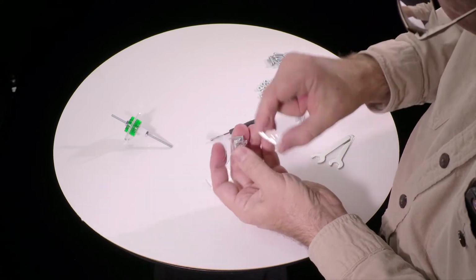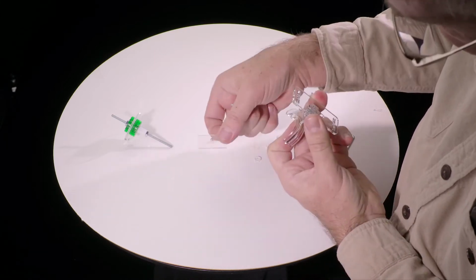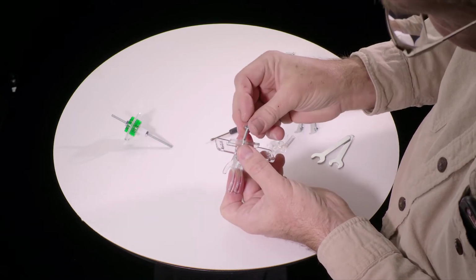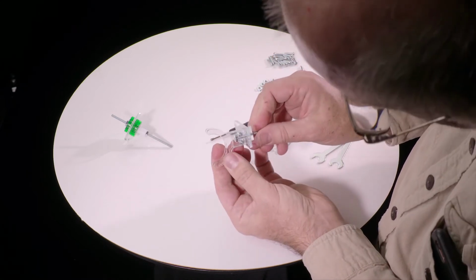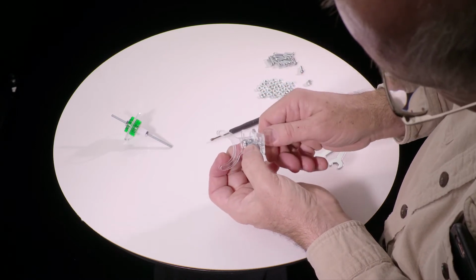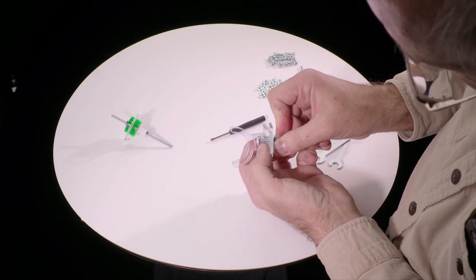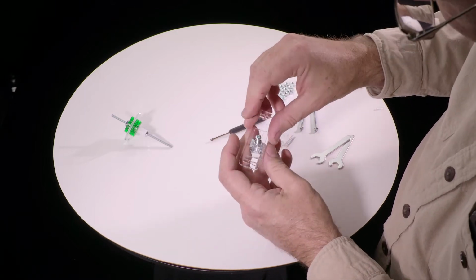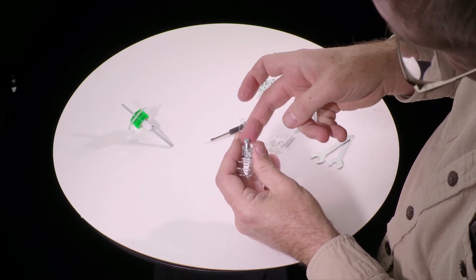Take this with the long side down and the slot in the lower half. Put it together like that. And find this piece, put it on there, and then the screw goes through that piece, through the slot, and into that little nut. And now we're going to screw this in. And we don't want to screw it tight. We don't want to have the ends of the screw actually visible beyond the end of that nut. Just screw it until it's flush with the bottom of the nut, which you can see through the plastic quite clearly. And then get this sort of squared up so this piece is square to that piece, and then tighten the nut, but not the screw,